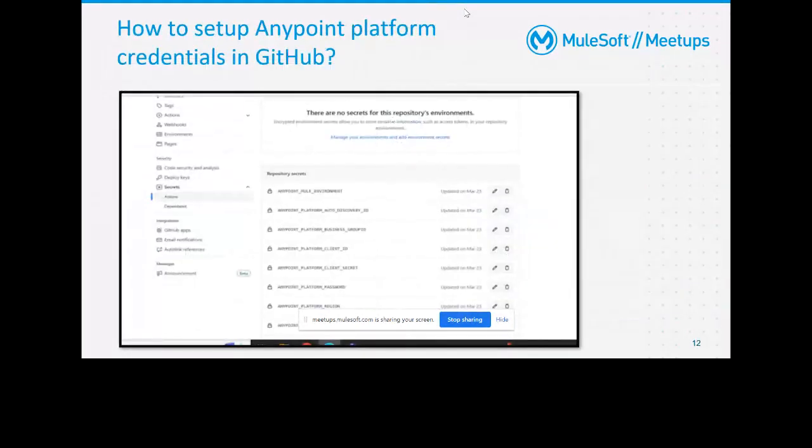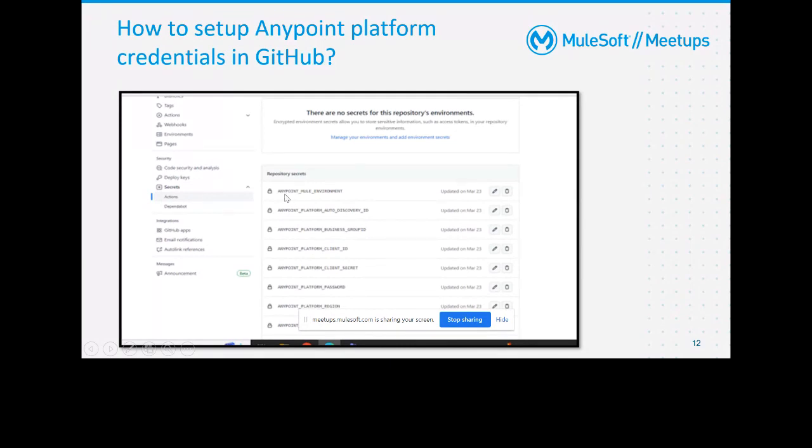Okay, coming to the next thing: as I said, we cannot directly set secrets like the username and password. We cannot hard code that type of values in our code. So what we can do is add those things in GitHub secrets. In the GitHub secrets manager, when you go to the repository settings, there you can find secrets, and in secrets you can find actions. Here you can give the repository secrets.